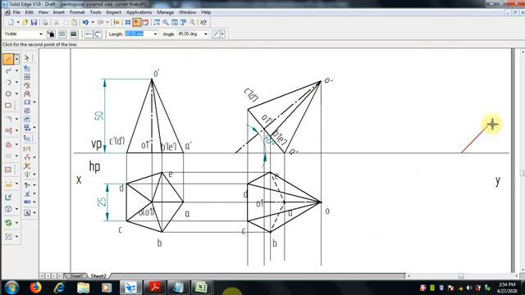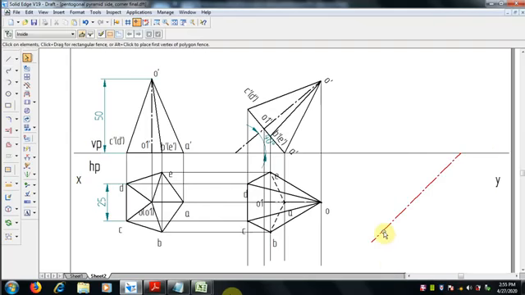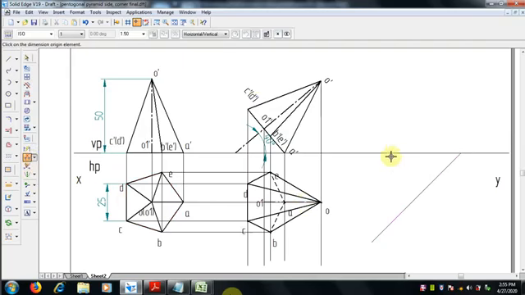So just draw a line, extend the line at 45 degree. It should be a thin continuous line. Select 0.13 mm thickness for that line. Okay, fine. Now we can check the angle.